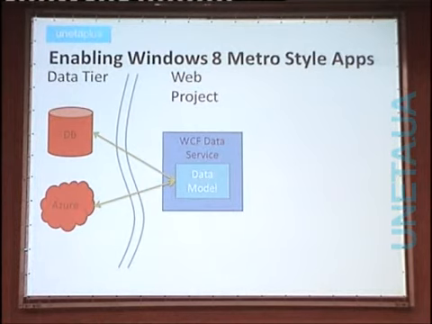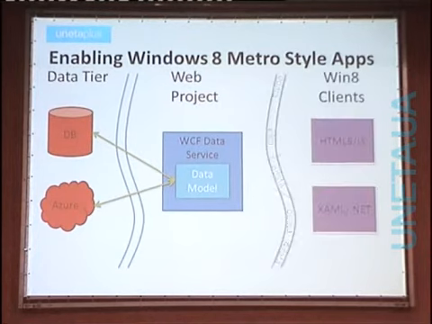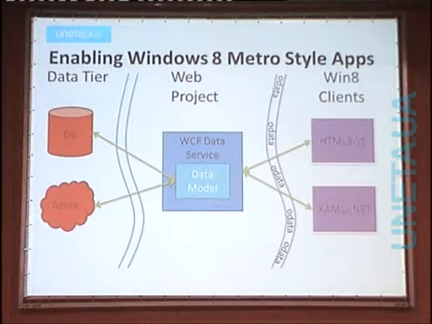You wrap that into a WCF data service, which is super simple to do. It's usually just 1 line of code. And now that's exposed, and because there is a version of the OData client running inside the Metro environment, you can now access that data through the service.